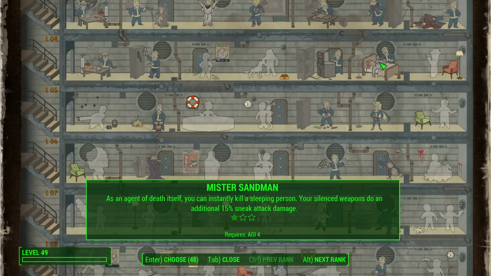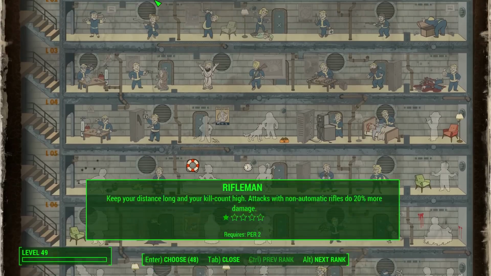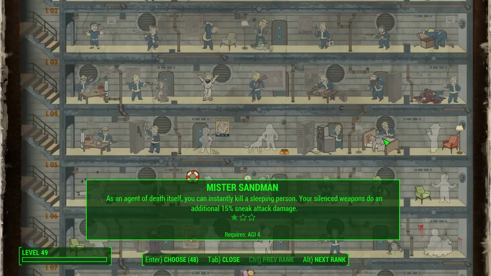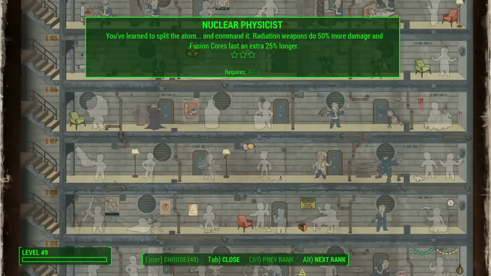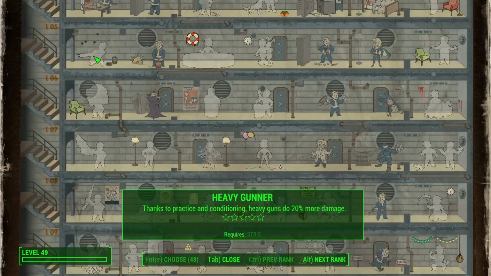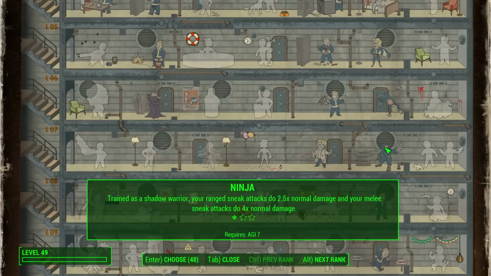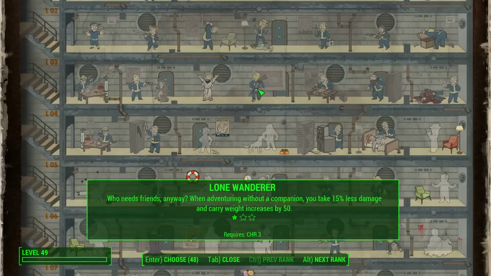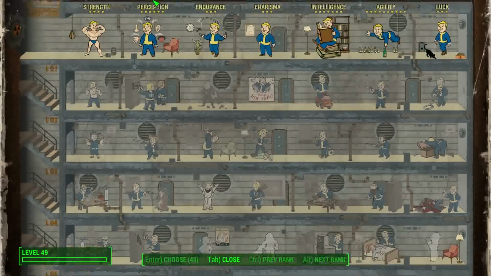Sandman, which allows you to kill sleeping enemies, so basically it doesn't matter how much extra damage you do with extra strength attacks. If you use that on sleeping enemies, you can kill them outright straight away. And also there's the ninja perk, which at the 3rd rank actually gives you 10 times normal damage, which leaves the extra 10% extra damage that strength gives you in the dust for melee attacks. So in actual fact, you can do huge amounts of damage in melee with those two perks without investing much